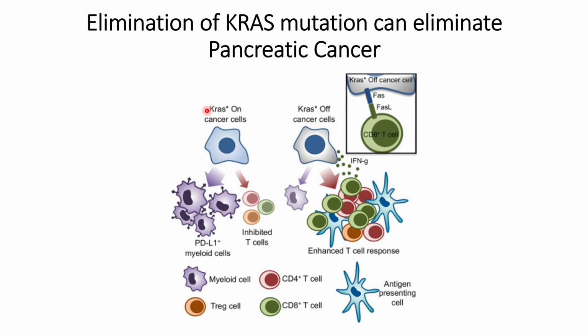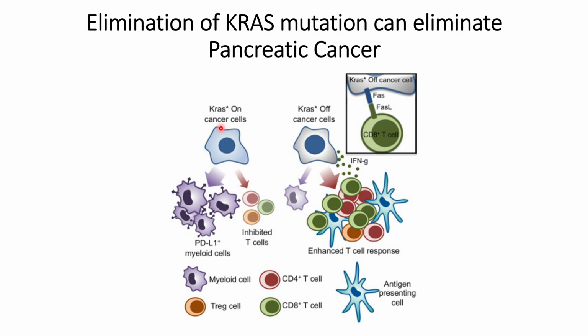That is, KRAS mutations are the most predominantly found mutations in most pancreatic cancer patients. Also, one more thing that has been found is that patients that have a high amount of these KRAS mutations in the tumor cells have a low amount of T cells, that is CD8 plus T cells, whereas patients that have a low number of KRAS mutations have more immune cells or CD8 plus T cells. And also, in terms of the survival rate,